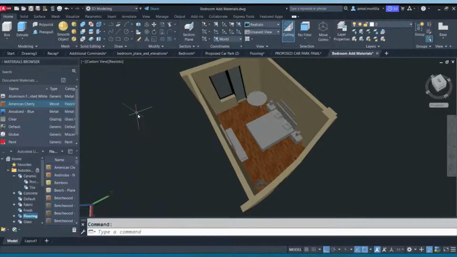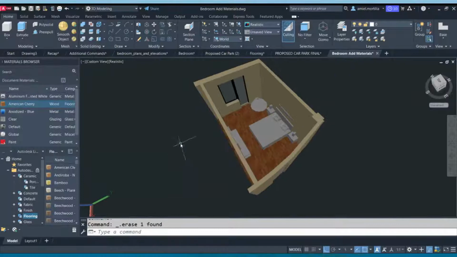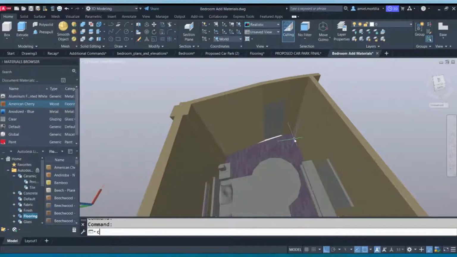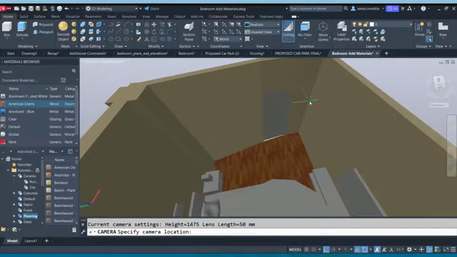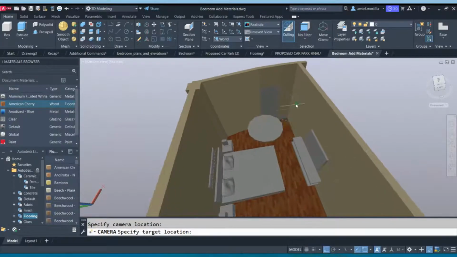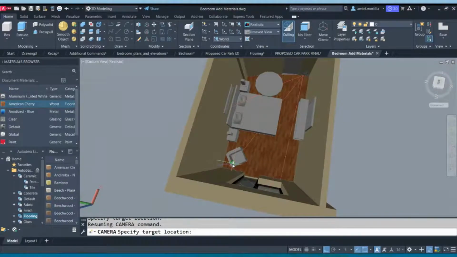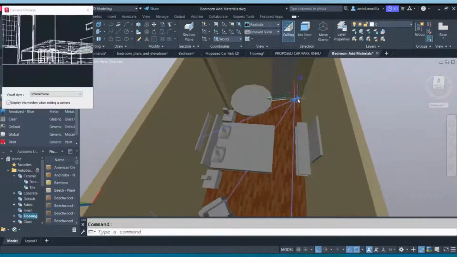Type in, let's delete this one. Type in camera and you specify the location. For your location, then you will move the camera on its viewing location. So enter an option. So just exit and you would have your camera